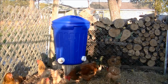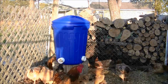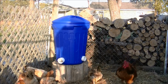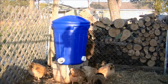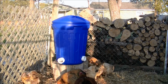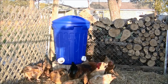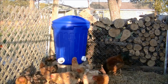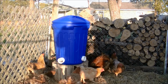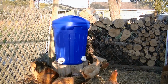Well, we may have to edit a little bit of this to cut out some time until they start feeding. Yeah, not the wisest animals. I can see I'm going to set that more in the corner. One rooster just ran the other one out the gate because we didn't have the gate locked. They're fighting over the scraps on the ground. They haven't learned yet to...